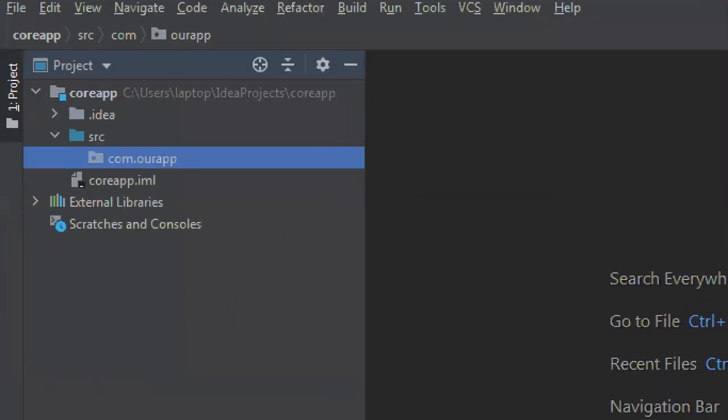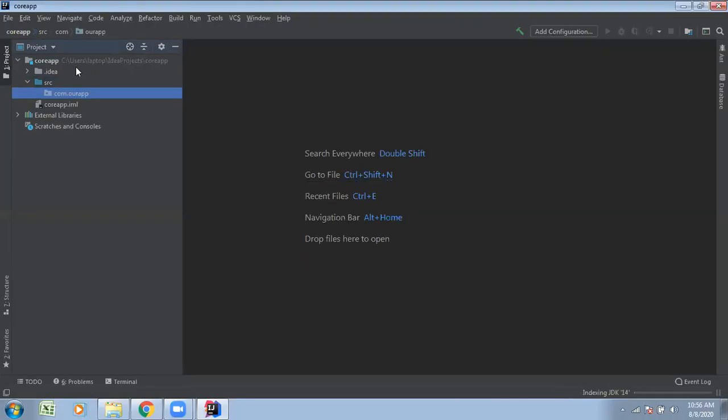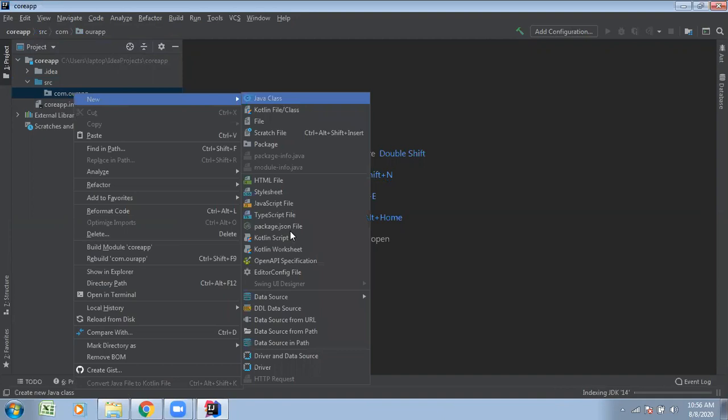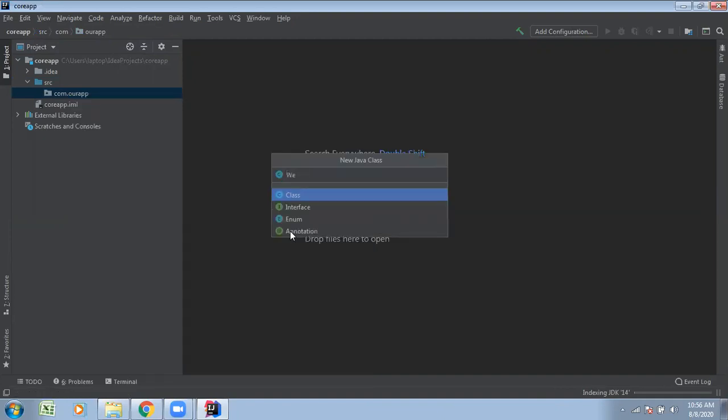Under this package, I want to create a simple class. Right click, new Java class, with very simple code. Welcome is the code. Welcome class. Click on it, and the welcome class is going to be created.